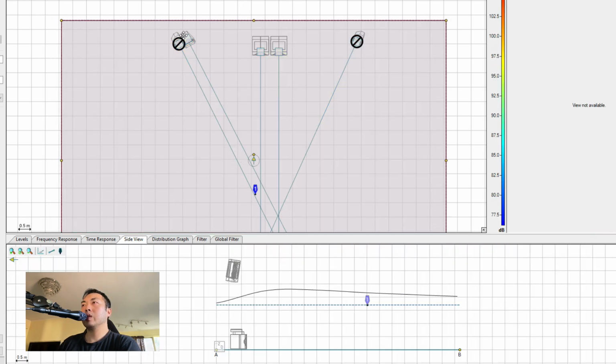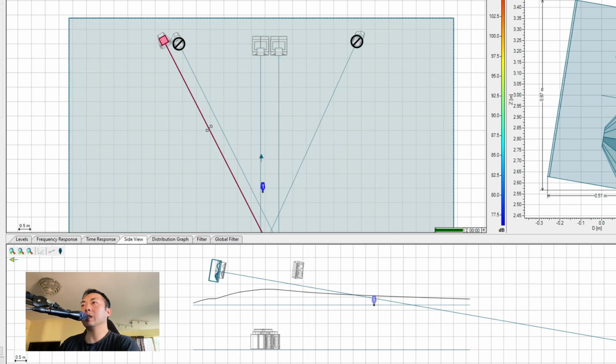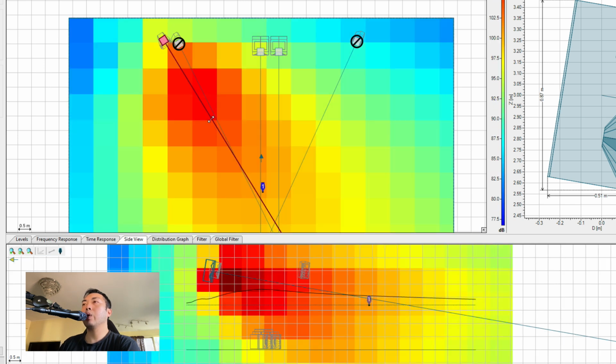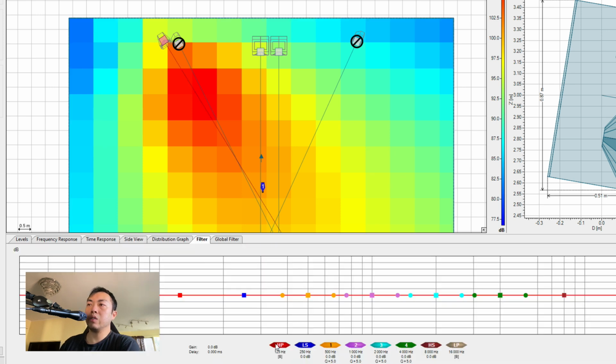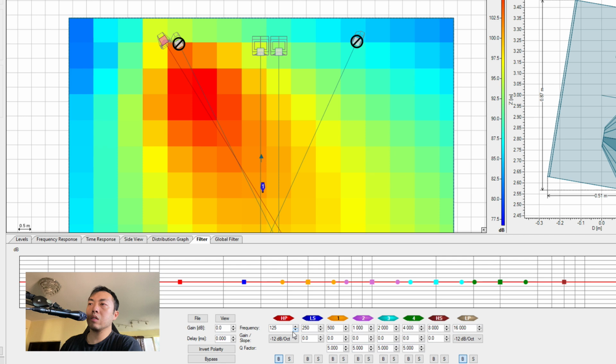Now, this QSC 15-inch speaker is going to be a little bit louder, of course. If I then put the filter in for 80 hertz,